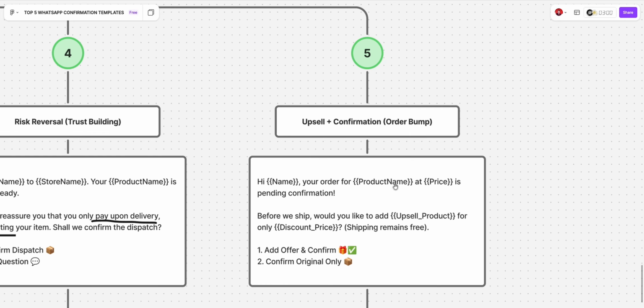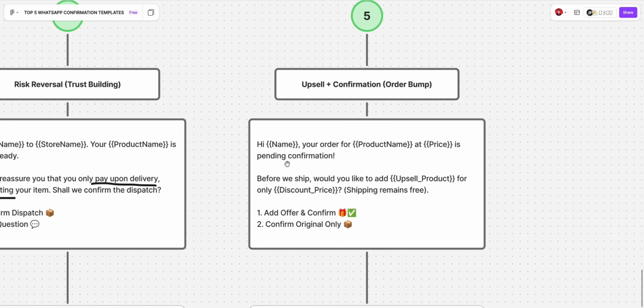So basically, this is for people who want to upsell their orders and stuff like this. We called it the order bump. Okay, hi name, your order for, here you put the product name, the price is pending confirmation. Before we ship, we would like to add upsell product for only discount price. Shipping remains free. Okay, so here you are upselling two products at once, you know what I'm saying? You are not confirming one order, you are using this message so that you can confirm two orders at the same time, you know what I'm saying? So this is a very good